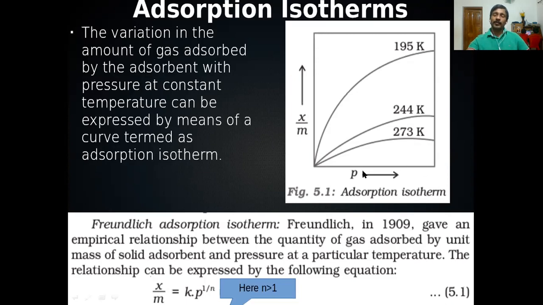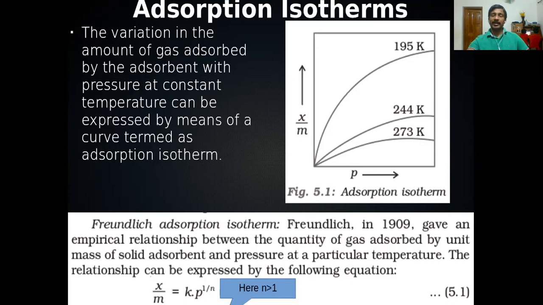And at a particular pressure, as the pressure increases, it has a curve, and here this one is almost a straight line, and that is parallel to the x-axis, isn't it? Here it is more clear. It is almost parallel to the x-axis. That means at a high pressure, what is happening? The x by m is independent of p. X by m, the amount of substance adsorbed, is independent of pressure. Or we can say x by m is proportional to p raised to 0.